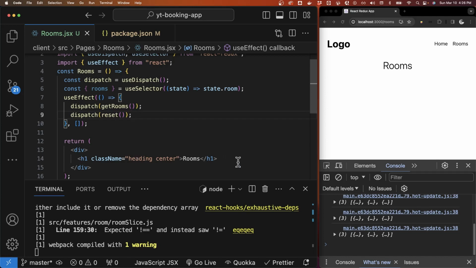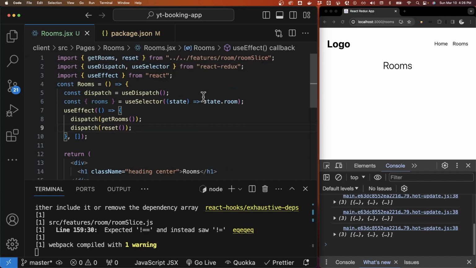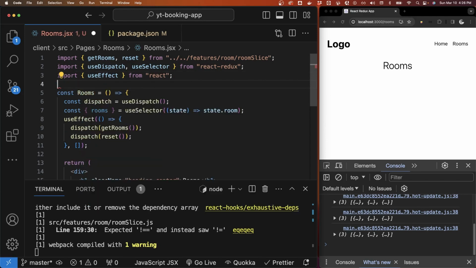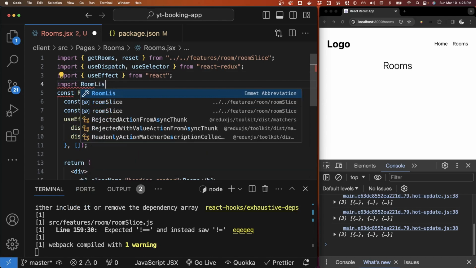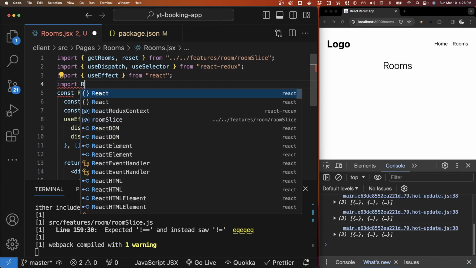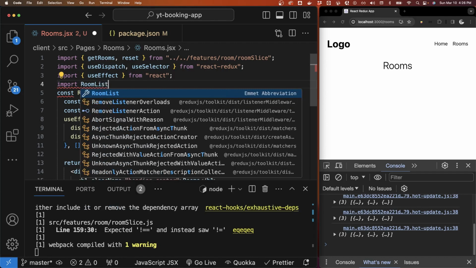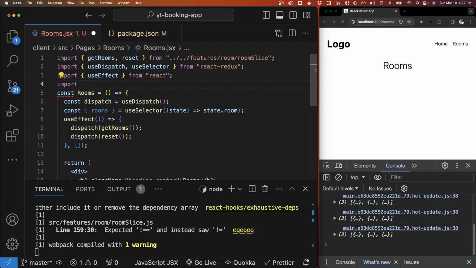Okay, so then we need to bring in room list. See room list. It's not important, so let's import room